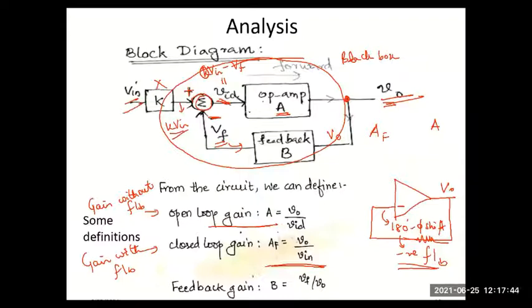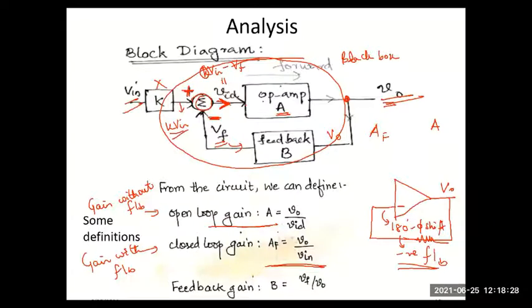First, we spoke about how we can consider a closed loop feedback amplifier. The input signal is given to an adder and the feedback signal is connected to the same adder. The input signal is given with a positive sign, whereas the feedback signal is given with a negative sign. So the differential voltage VID is Vin minus Vf. I told you if you want, you can scale the input by a factor K, but anyway, that is not essential. It is an optional block. Now, VID will be Vin minus Vf.